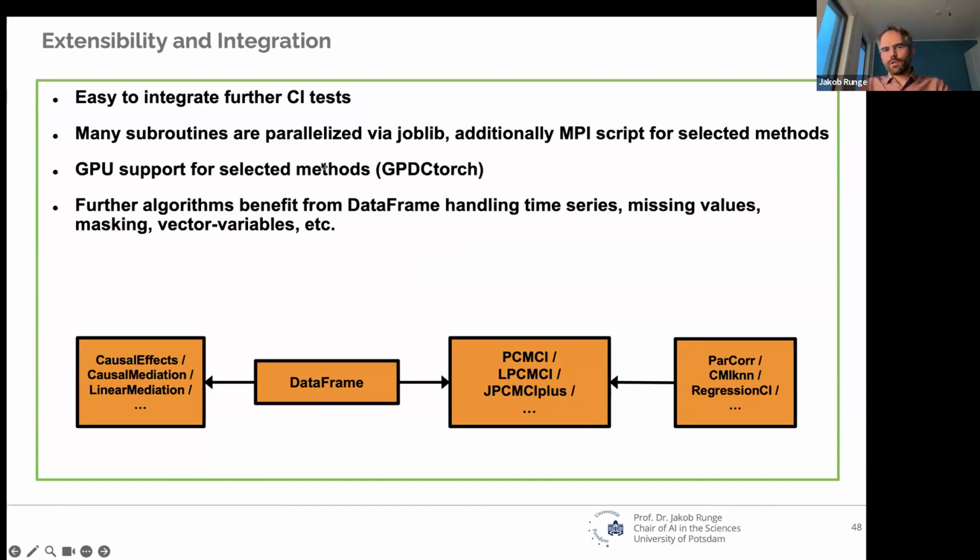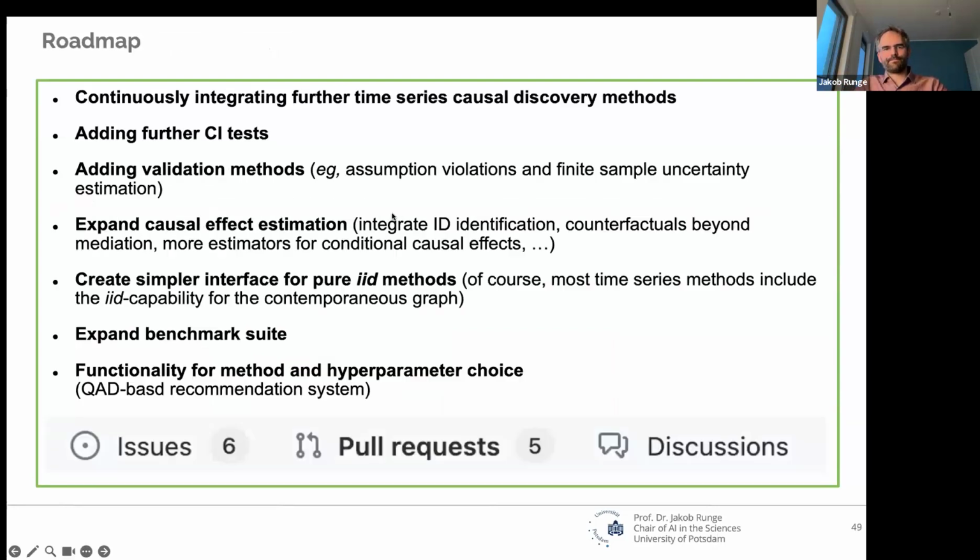There's some GPU support for some GPDC torch conditional independence tests. And any further algorithms would benefit much from the data frame handling of all the specifics about time series, where you need to shift lags and missing values and masking, and some are vector valued and so on. So this is really trying to handle this.